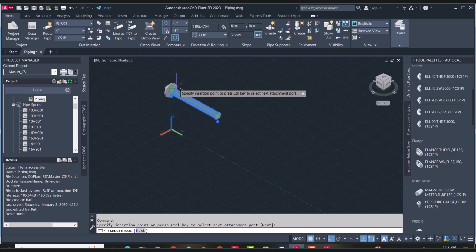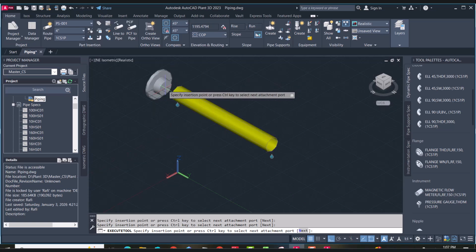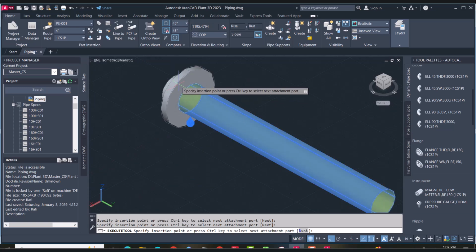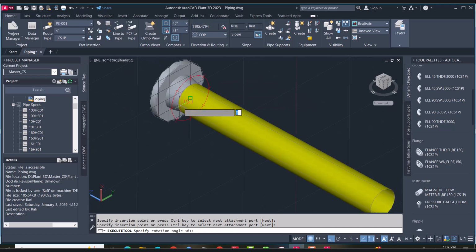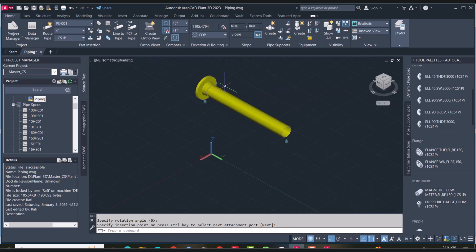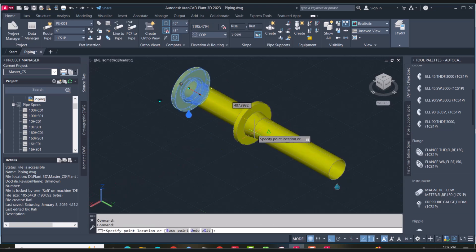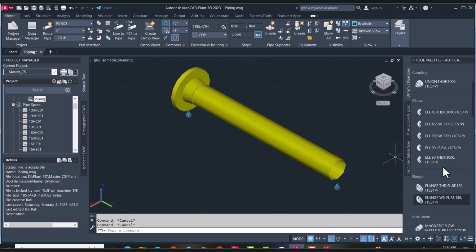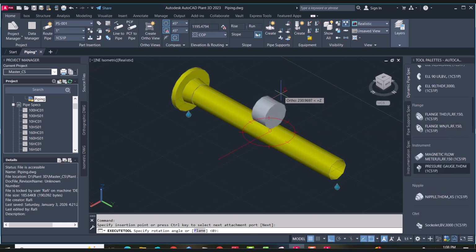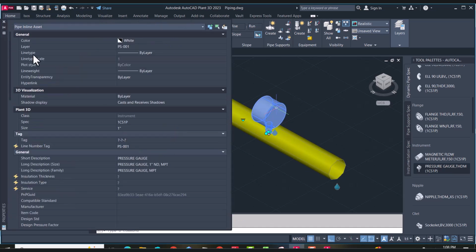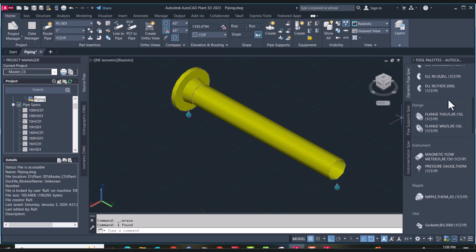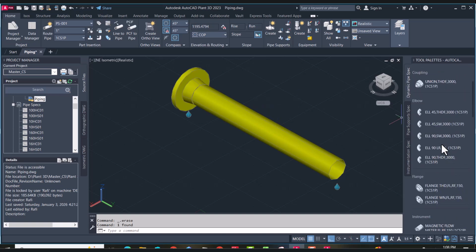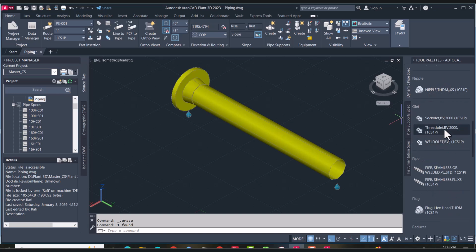Okay, this is my flange. Now if you want to change the direction of the flange, like face or end, just click control, so you can change the direction. Let's add some more components. So for example, I have this instrument I want to add. I don't know what the size of the instrument is, so I will first add this instrument, go to its property and see the size. So it is a 1 inch threaded connection. So I need to add a threadolet. So I will just select the threadolet,